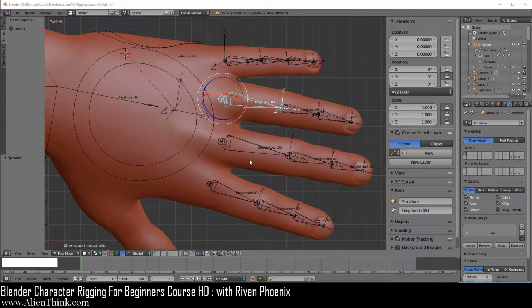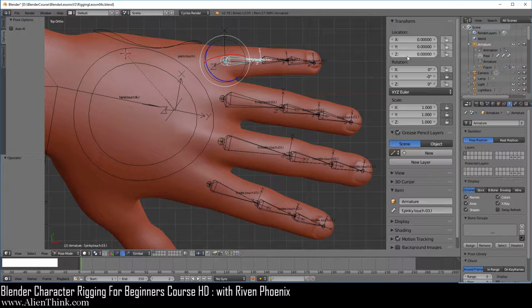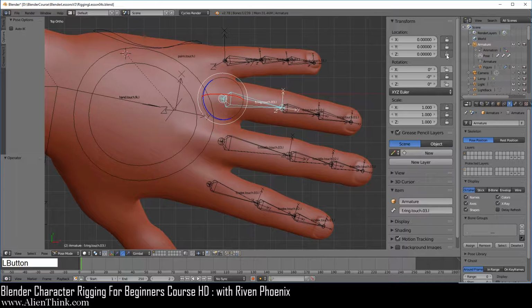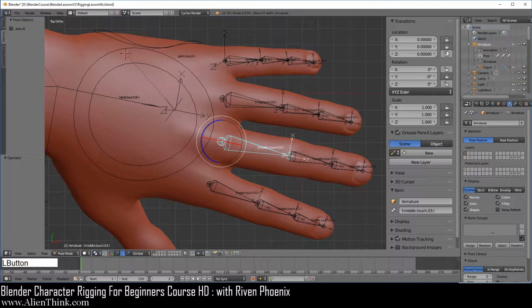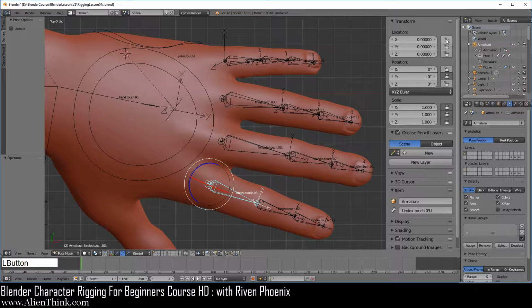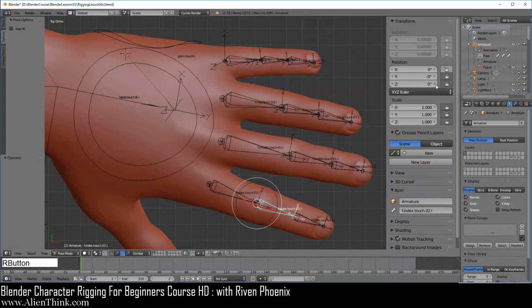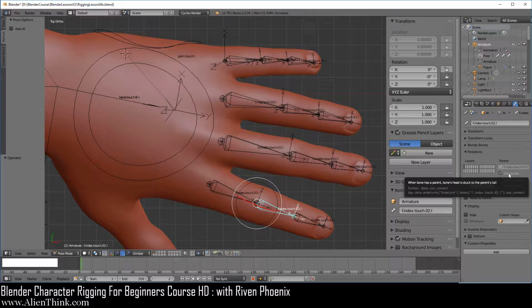Okay, so what we're going to do now is create the bone shapes for these fingers. First go ahead and click on these bones, and make sure that the location is locked down for these touch bones over here. Now, because we're dealing with parent-child relationships over here, right now we're not going to lock these down. Well, actually we can't, because they're involved in a parent-child relationship where the connected is checked, right?